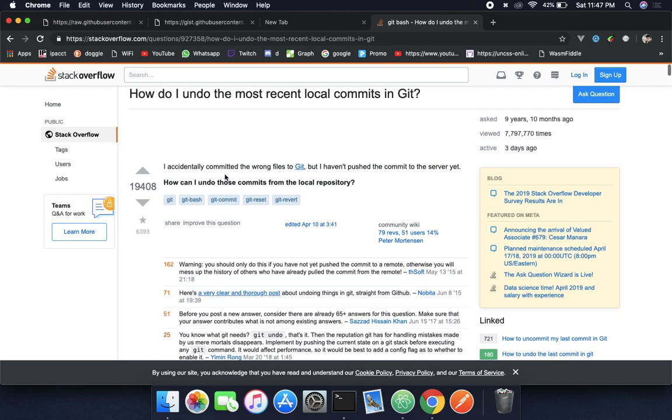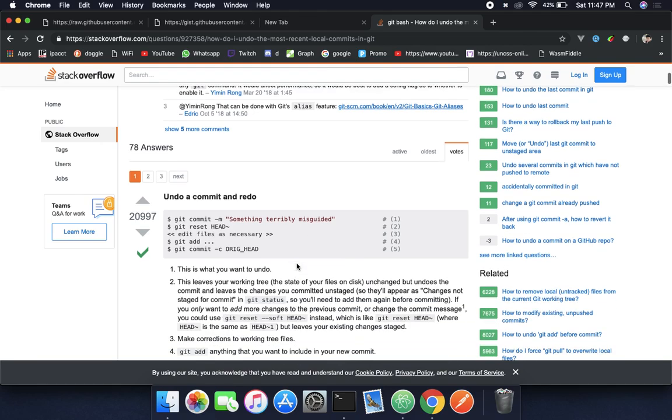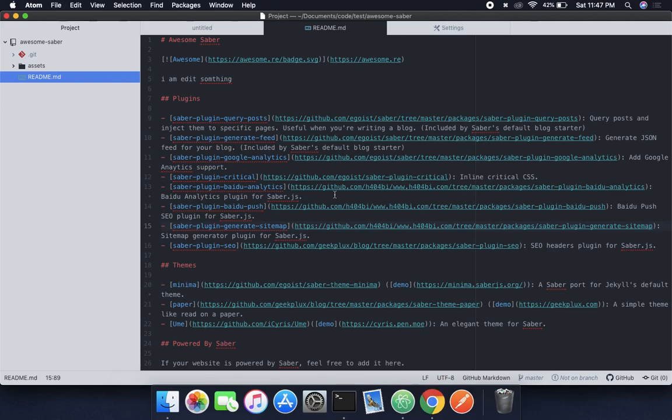So this guy accidentally committed two files in Git, and he hasn't pushed the commit to the server. So it's just a local trivial mistake. What these guys said is right, but I'm going to do it my way. So he committed it and did a reset and hard. In my words, last time what I did is I edited that, and what I'm going to do is